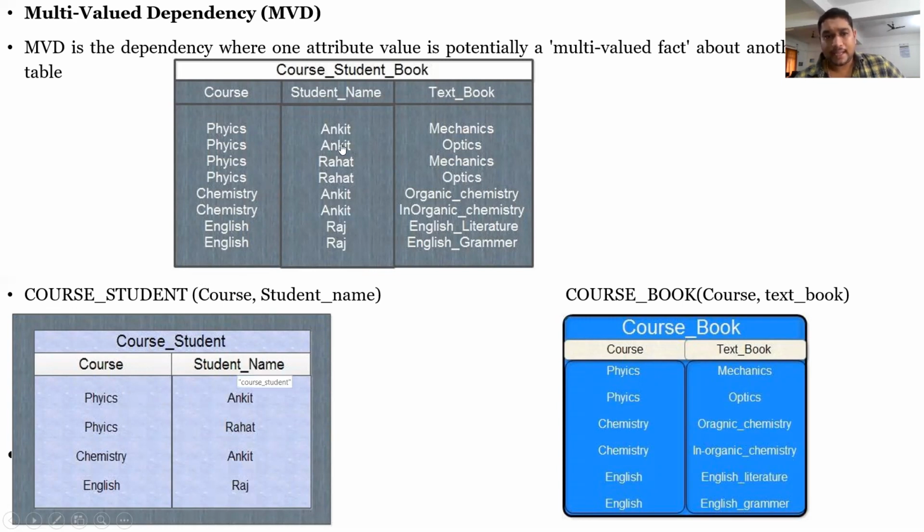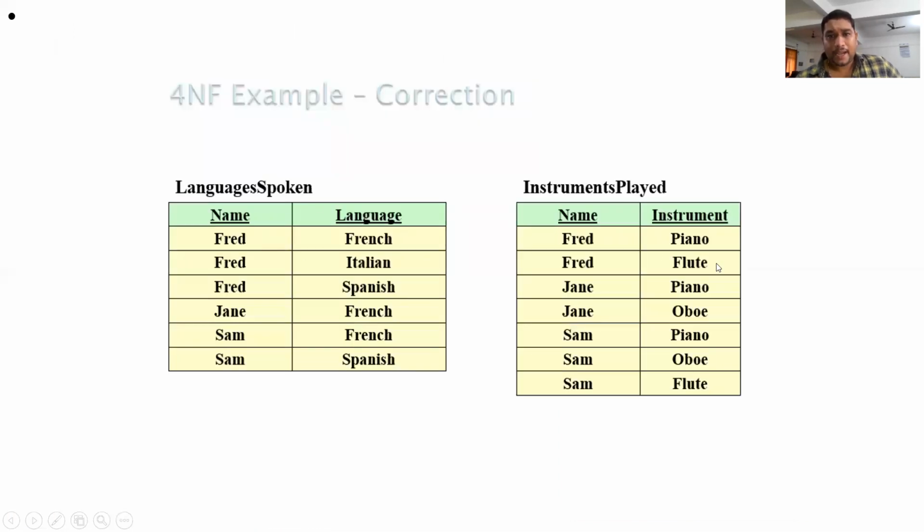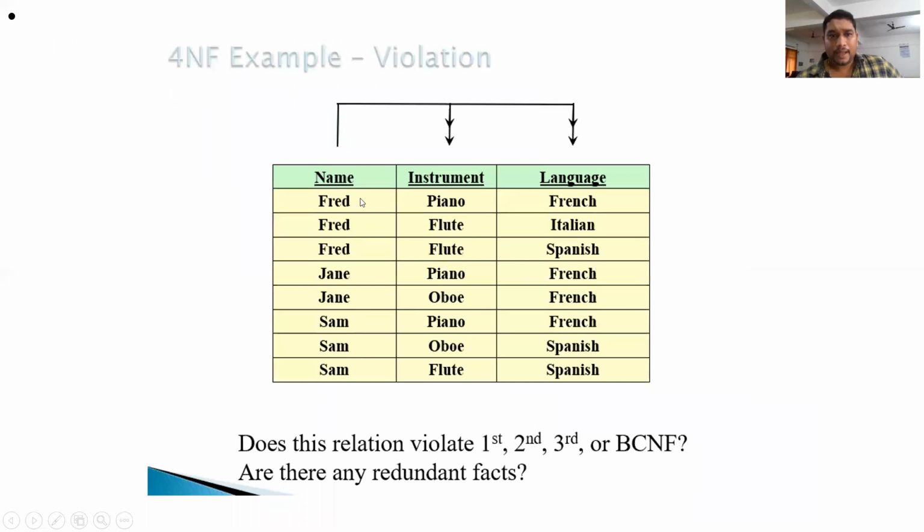For every physics, there is an Ankit. Next, coming to this one, these are two independent, so it should be followed by A to B and A to C. See, this is the physics. Similarly, A to B and A to C. This is the A to B concept, and this is A to C, not B to C, because these two are independent of each other.